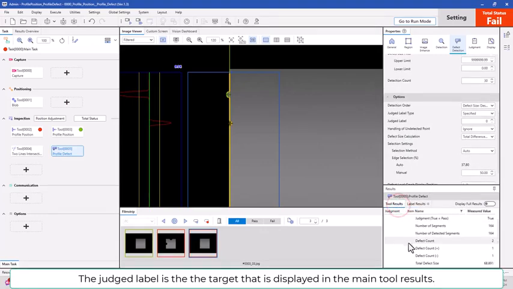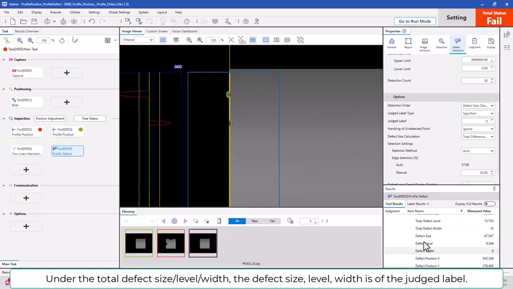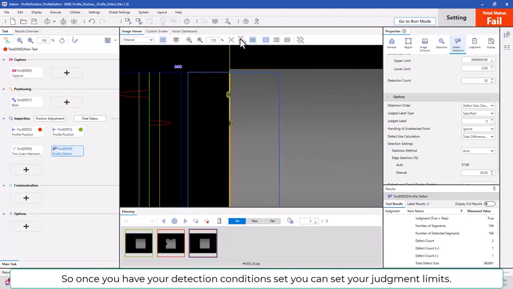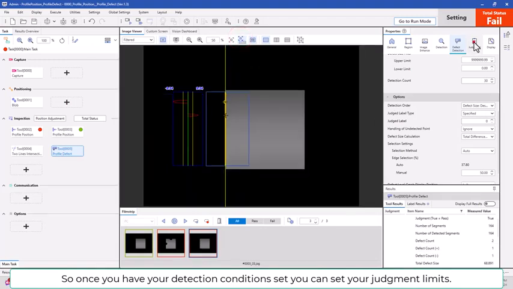The judge label is the target that's listed or displayed in the main tool results here under total defect size. So the size, level, width here, that's of the judged label. So once you have your detection condition set, you can then set your judgment